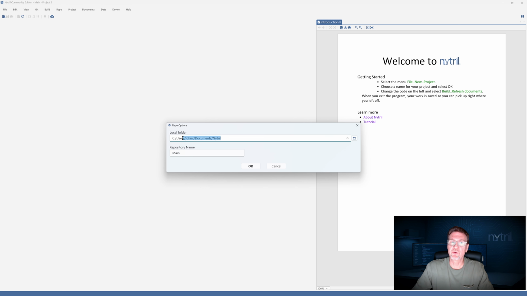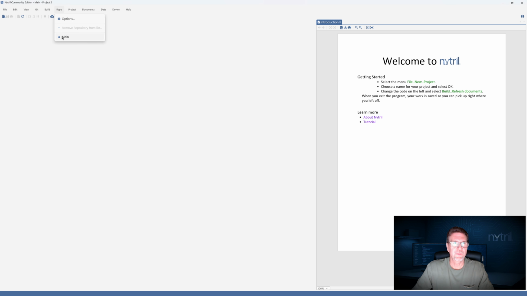So there's a root path and then a repository name. The repository name shows up here. Then under the projects folder over here, we have a list of the projects in that repository, which right now we have none. So as we create or open new projects, they're going to be placed in this repository's list.